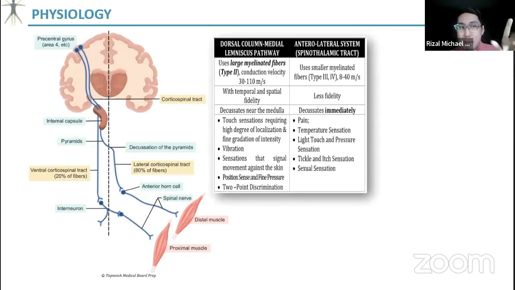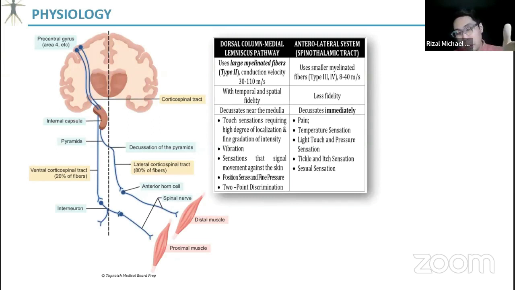Okay? Ang pinagkaiba nila, when we say pag meron kang lesion before the decussation, so ibig sabihin hindi pa siya nakakatawid, right? So manifestation niya is on the same side. So kanina sabi ko, brainstem lesion. Ang decussation kasi ng dorsal column mo ay nasa lower medulla. So nakatawid na siya. So dahil nakatawid na siya, ang manifestation mo na ay nasa contralateral side.